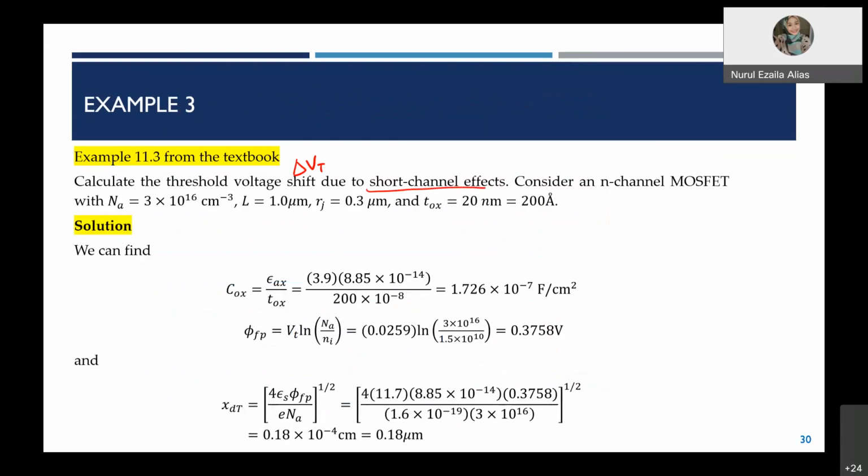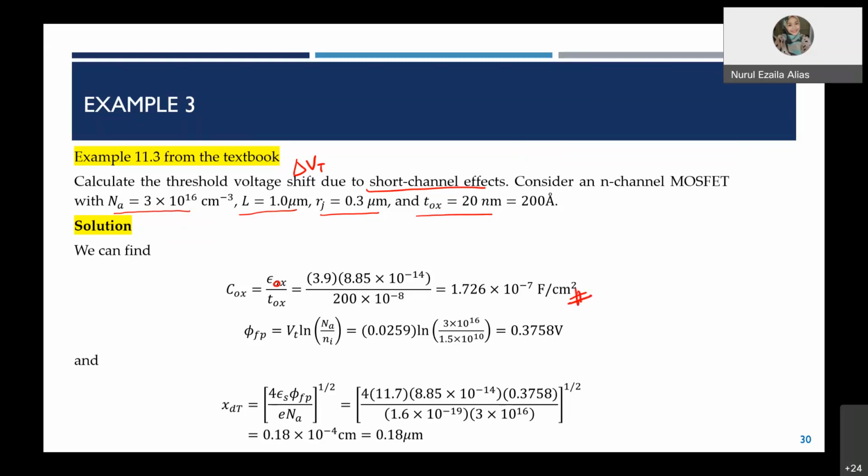Okay, consider the N channel MOSFET with concentration Na 3 times 10 to the power of 16, L 1 micrometer, Rj 0.3 micrometer, Tox 20 nanometer. So Tox is given. Cox is given by Eox over Tox, which is 3.9 times 8.85 times 10 to the power of minus 14 over 200 times 10 to the power of minus 8, which equals 0.726 times 10 to the power of minus 7. Phi FP is VT ln